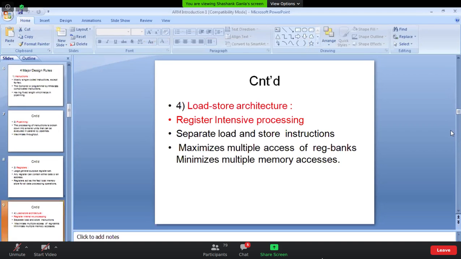So RISC architectures follow what we call a policy called the load store policy. So what is this load store policy? I repeat, load store architecture implies that any data the CPU has to operate upon